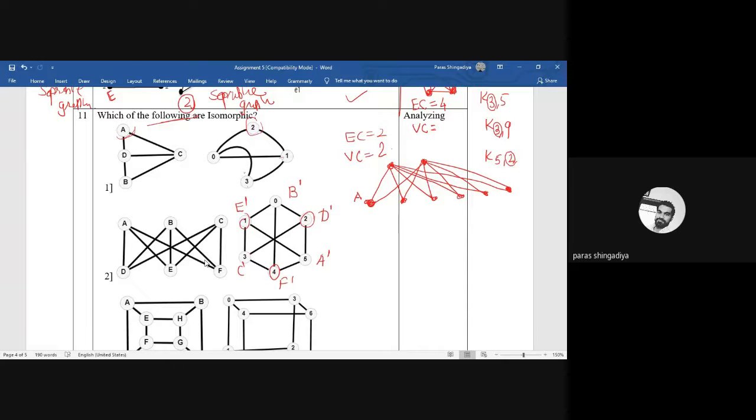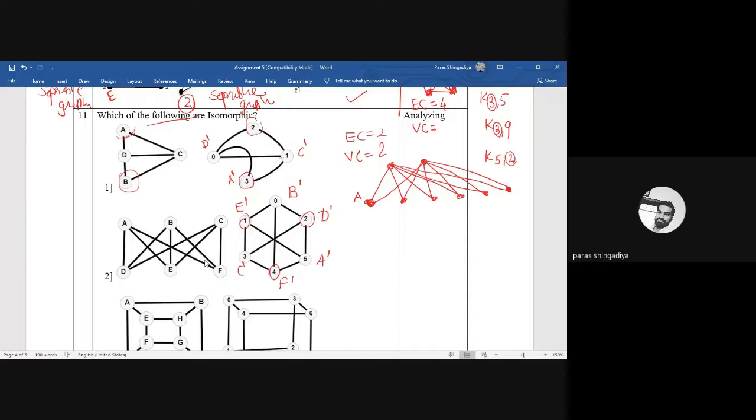Either you can say the third vertex is the image of A, which is also adjacent with 0 and 1, which is degree 3. So let us say the third vertex will be the image of A, denoted by A dash, and let us say D dash will be the image of C dash. Here C and D are adjacent with B, which is degree 2.